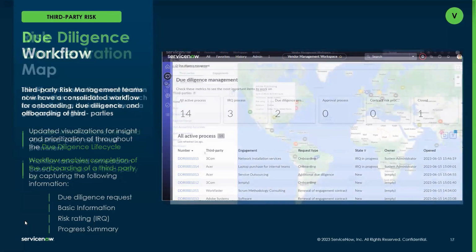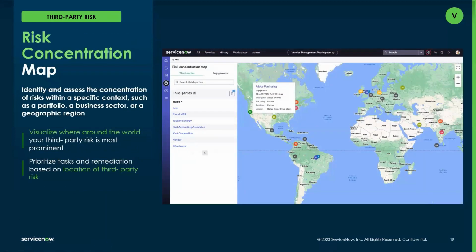The next capability within TPRM is an enhanced reporting visualization, if you will. If you've seen our BCM global map, this probably looks very similar, but this is specific to your third parties. So you can plot globally where your third parties sit, and then even get a bit more granular into the level of engagement if you've defined a data center that is dependent on a service by that third party, or even fourth parties. You can see where that risk sits globally, and it really helps with prioritizing the understanding of, okay, would there be any external weather events in that given location?